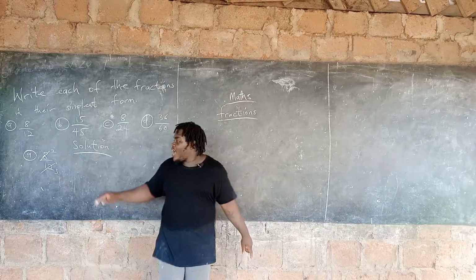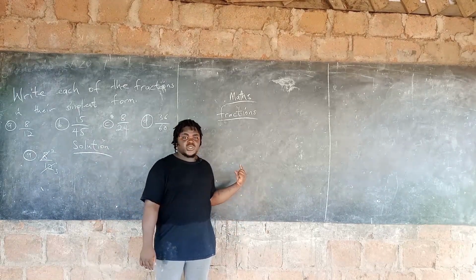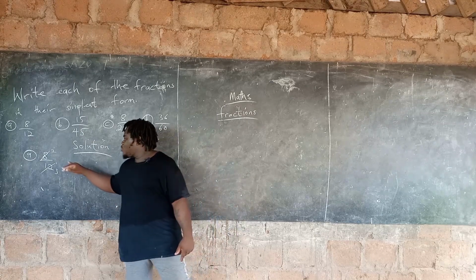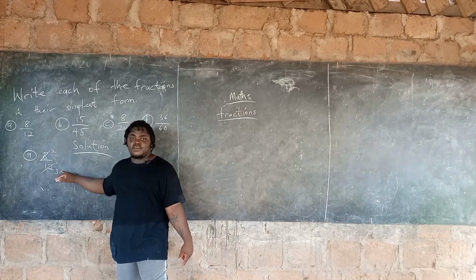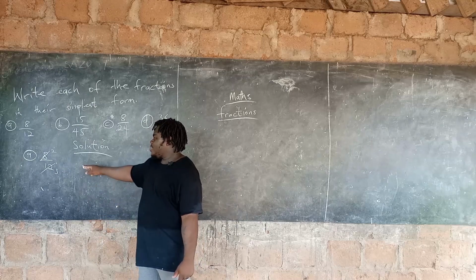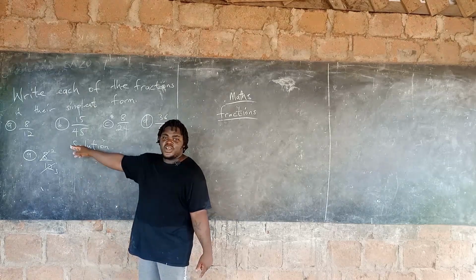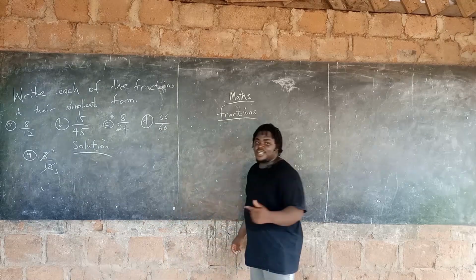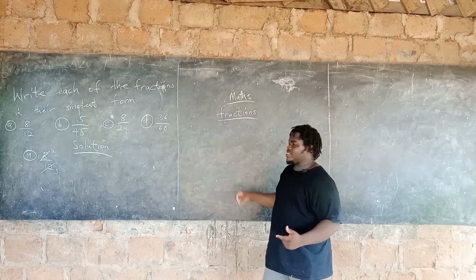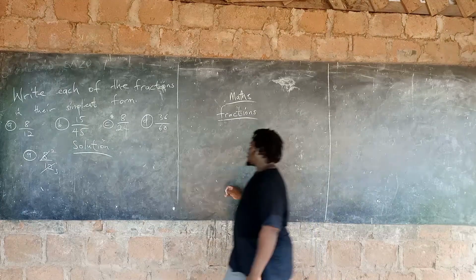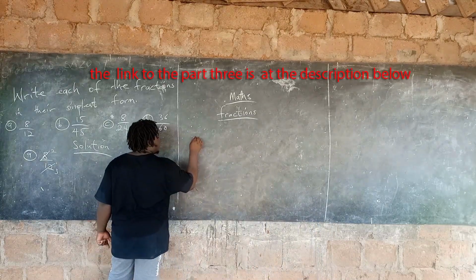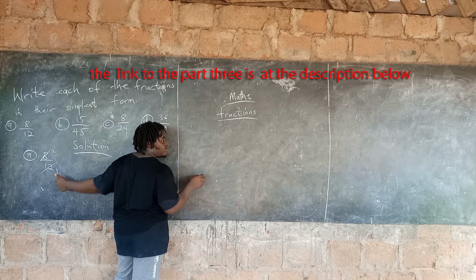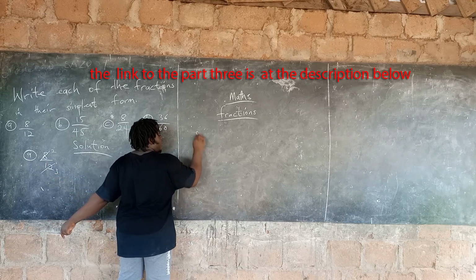If you don't know how I did it, I'm doing it this way so that you can get it very well. So to be able to send this to the simplest form, look at both the numerator and the denominator. This is the longest way of doing it. Find the common factors, the factors of both figures. So we have 8